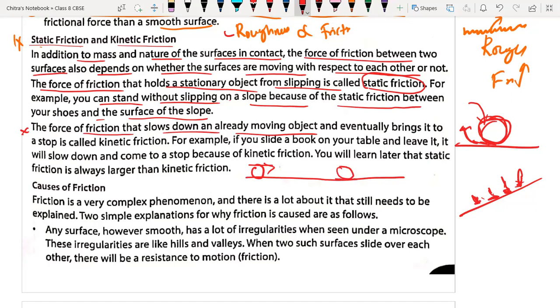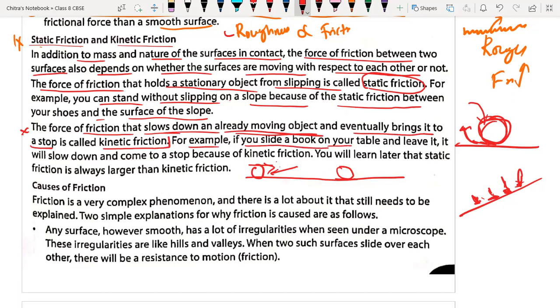That means the force acting between the objects, the friction force, will reduce the speed of that object. That friction is called moving friction or kinetic friction. Okay, the force of friction that slows down an already moving object and eventually brings it to a stop is called kinetic friction. For example, if you